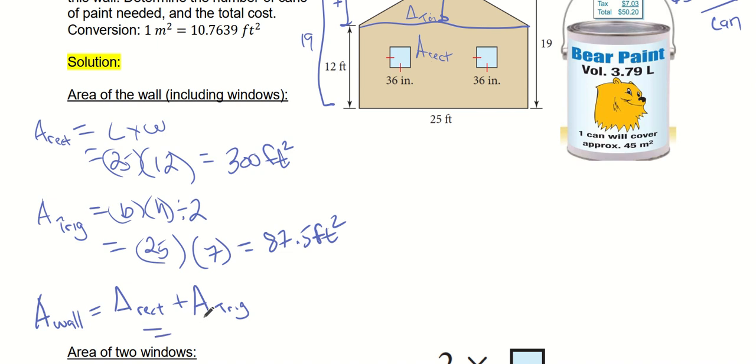Let's drop our numbers in, which is 300 plus 87.5, and that gives us